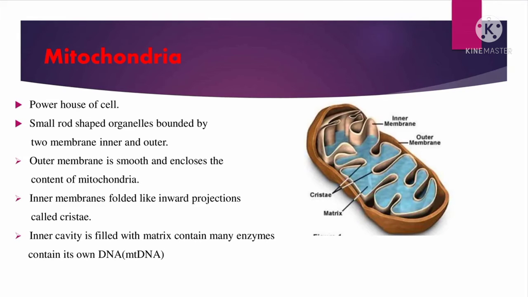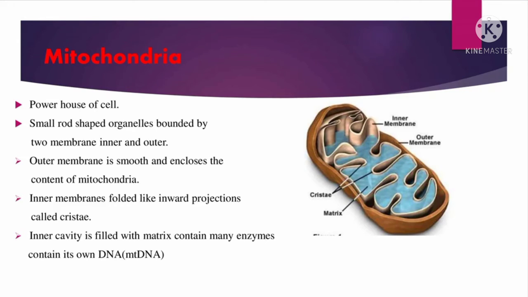The next subcellular structure present in the cell is cell organelles. Let's start with mitochondria. We know that a cell requires some amount of energy to perform its function, and this energy is obtained from a cell organelle called mitochondria. So let's get familiar with its structure in more detail.